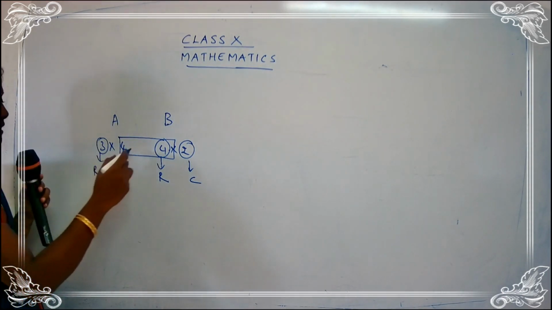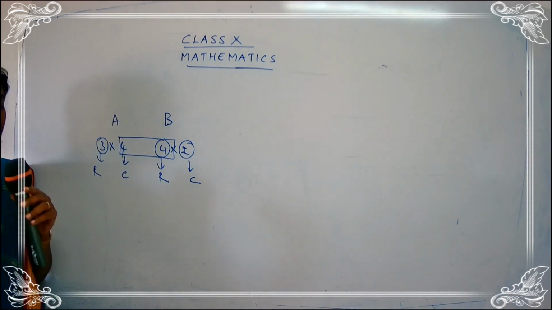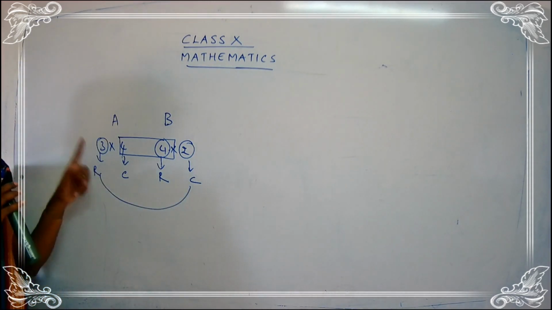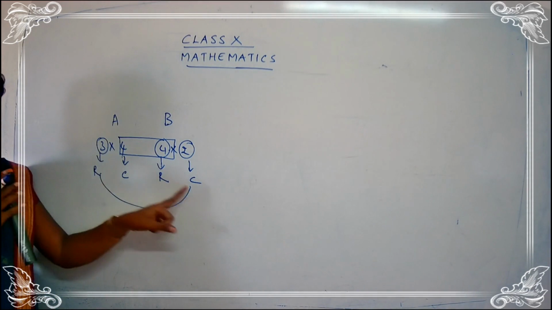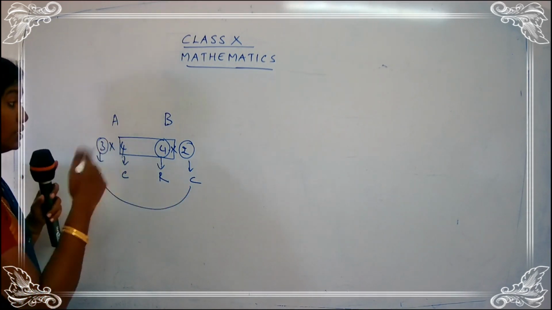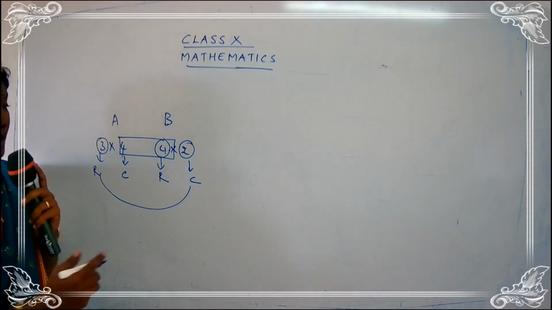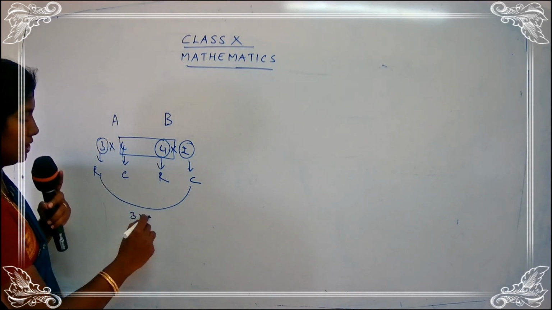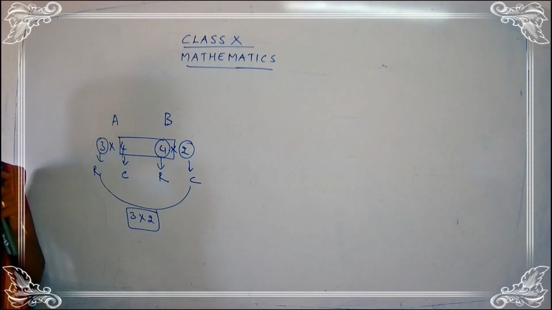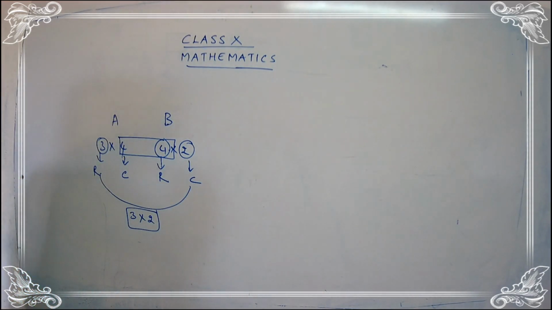Okay. And once you are clear that you can find out the matrix multiplication, how to write the order? The order is the left out part. That is the row into column. What is the row here? 3, and the number of columns here 2. So what is the new order of the matrix? The new order of the matrix is 3 cross 2. Getting my point children? So this is the point that you have to remember when you are doing the matrix multiplication. Okay children? Now let's continue with exercise 3.18.